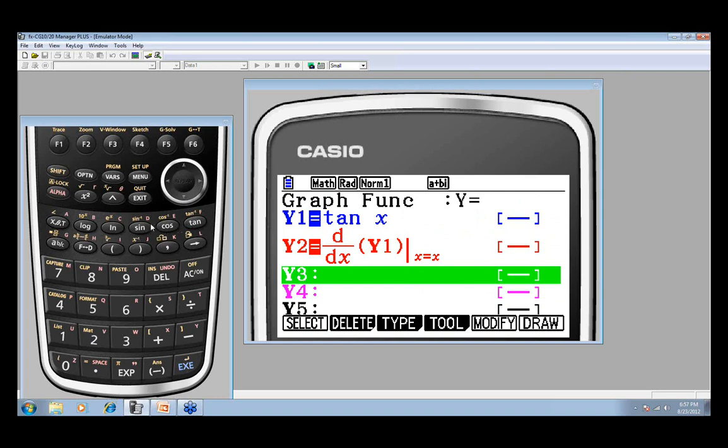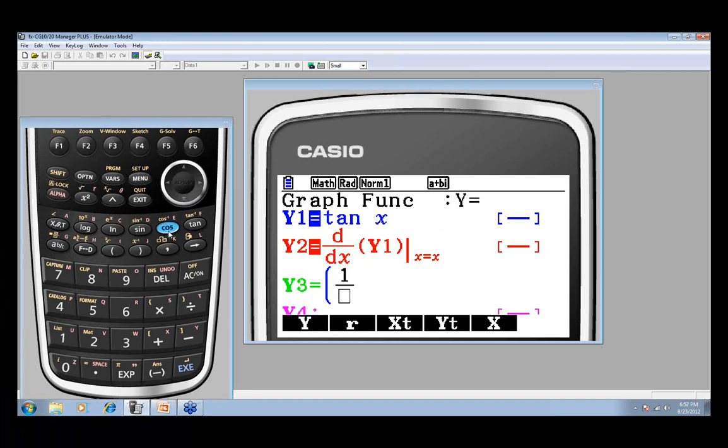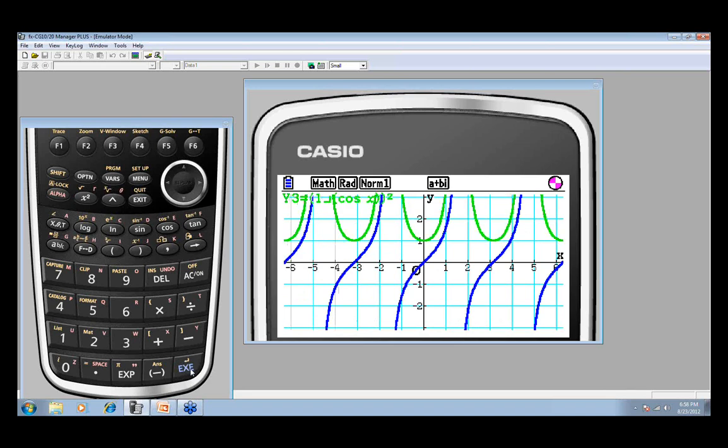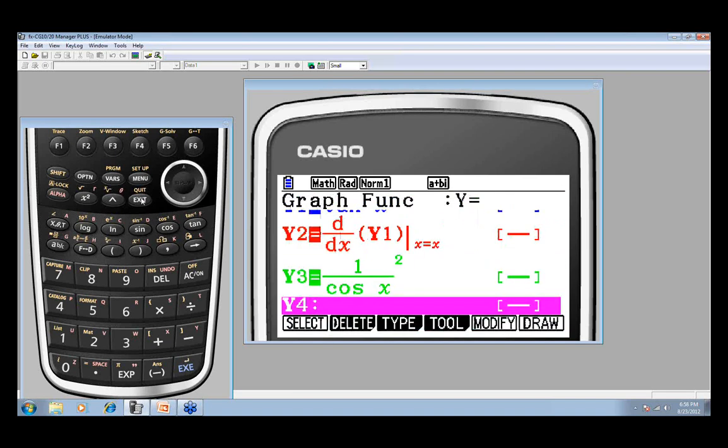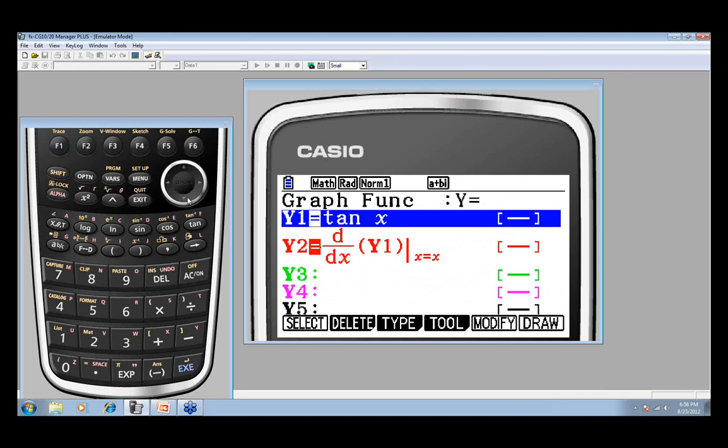Now you don't have a secant button on your calculator, but we can put our parentheses in and put a fraction in. Put 1 in the numerator. This is a good review of their trig identities. Put 1 over cosine, since they've got to graph the secant, and we're going to square it and see if that does fit our graph. So we're predicting that the graph of the derivative of tangent x is basically secant squared. And when we graph this, we're going to see that it is the case. The secant squared graph goes right over that, so we now know for a fact that the derivative of tangent is secant squared.